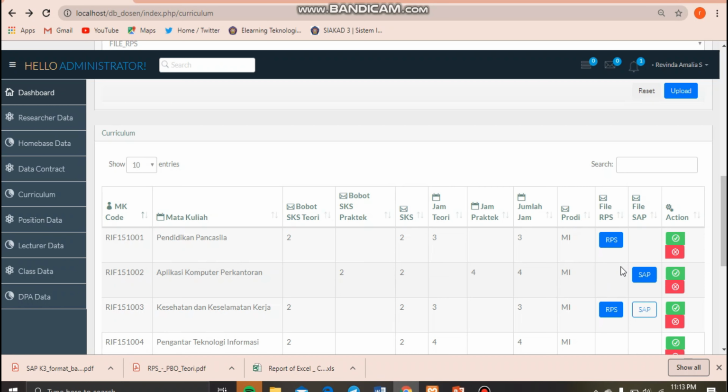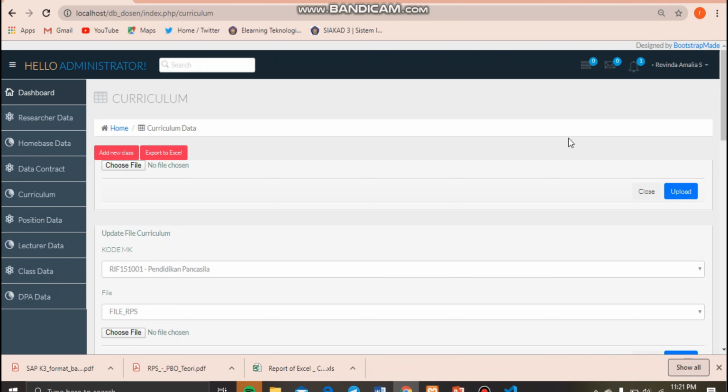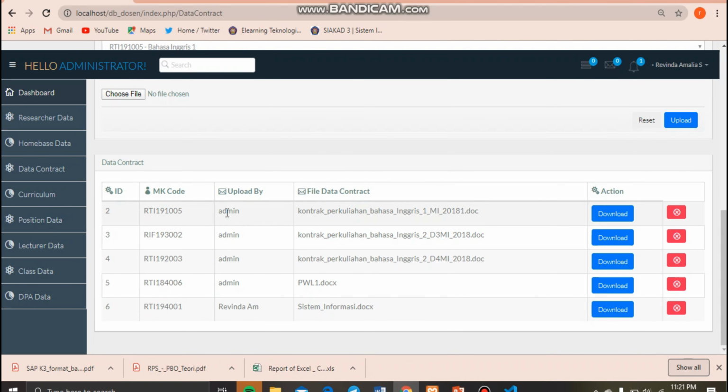Next, we go to contract data. Here I will explain how to create, update, and delete, and the data shows who is updating or adding the data in the upload by column. First, I will delete the data.